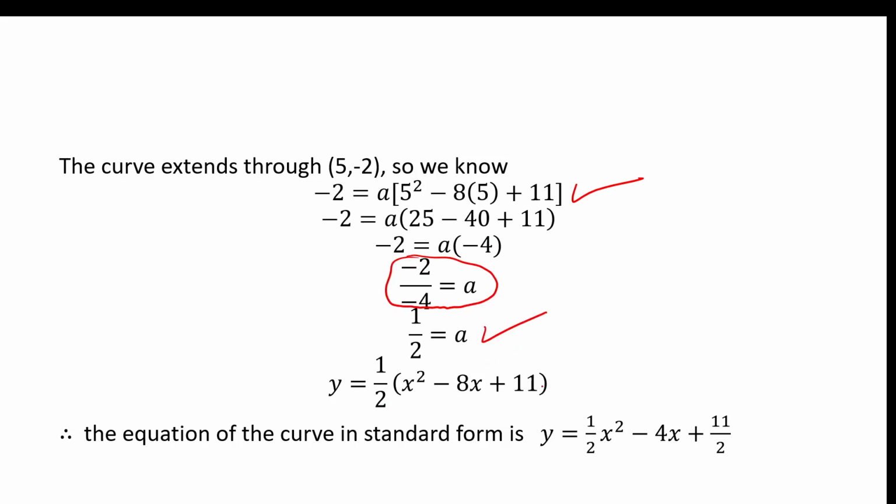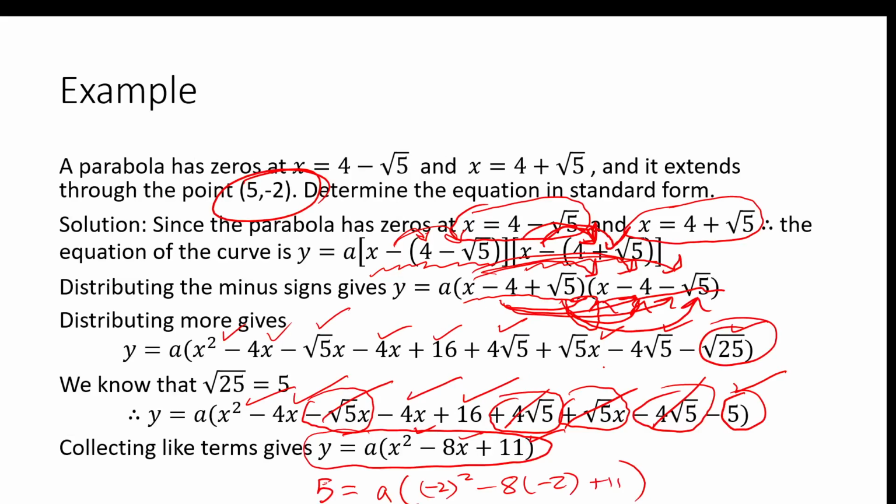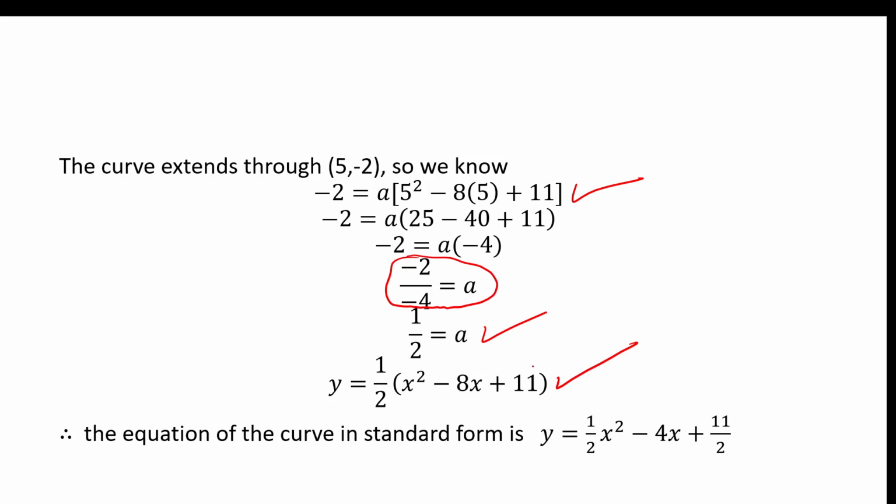And so we're able to say that y equals 1/2 times x squared minus 8x plus 11. Now, if you go back and read the original question, it actually says right here, put it in standard form. So going back to our next slide, we'll just distribute that 1/2 in. And when we do that, we get our equation in standard form, y equals 1/2 x squared minus 4x plus